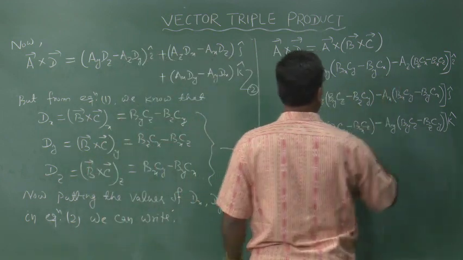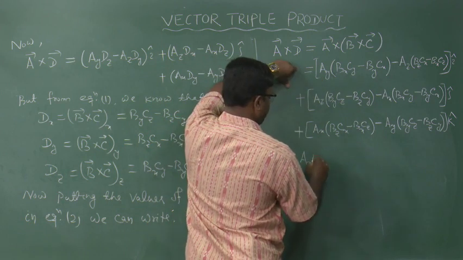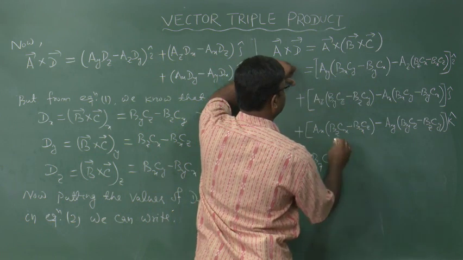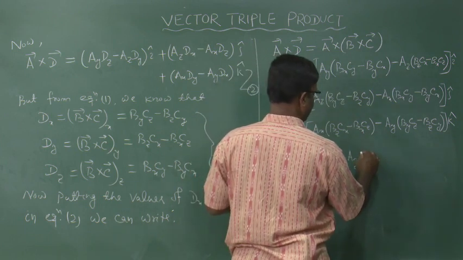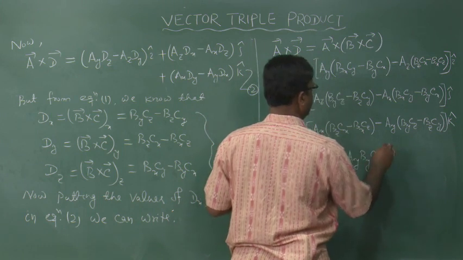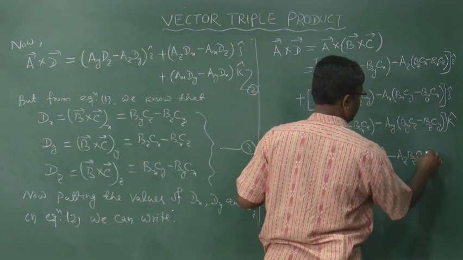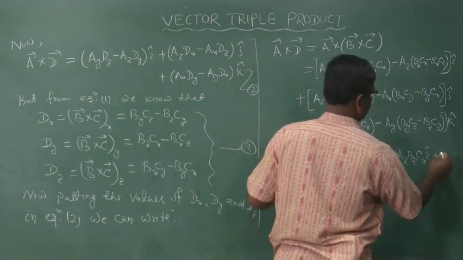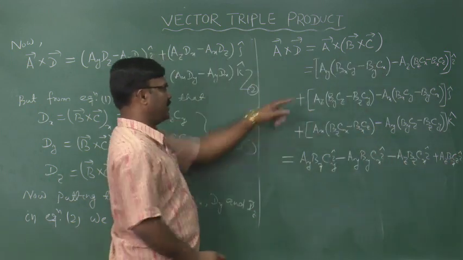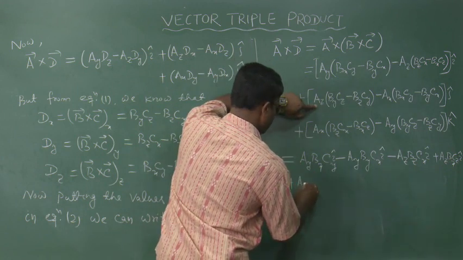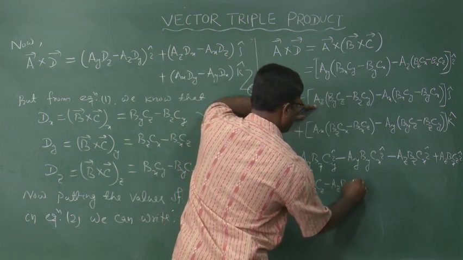By expanding the brackets, we can write this as equal to Ay Bx Cy minus Ay into I cap, minus Ay By Cx into I cap, minus Az Bz Cx I cap plus Az Bx Cz I cap, and this term can be expanded as plus Az By Cz minus Az Bz Cy, here